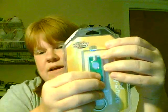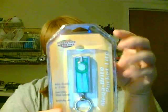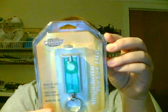What it is, it's a flashlight, but it requires two CR2016 batteries. And by the time I go to buy replacement batteries, it's cheaper just to buy another one of